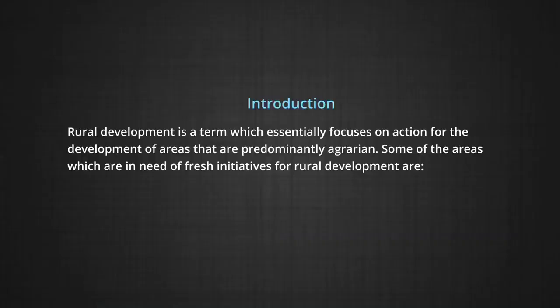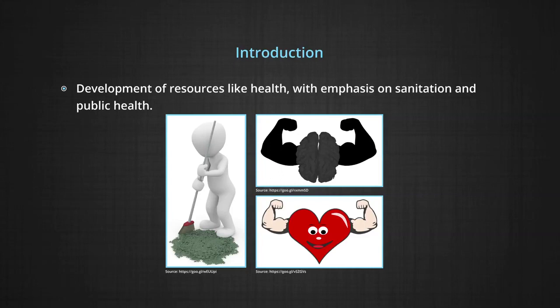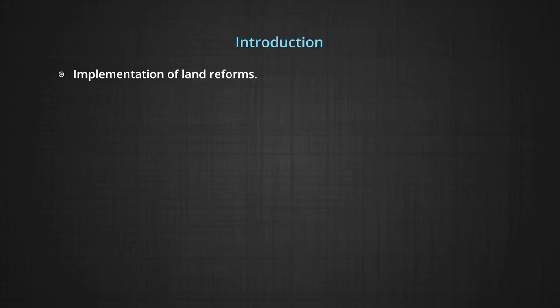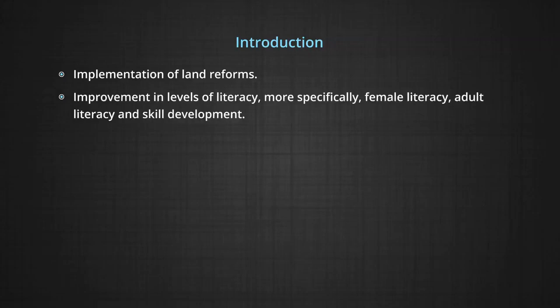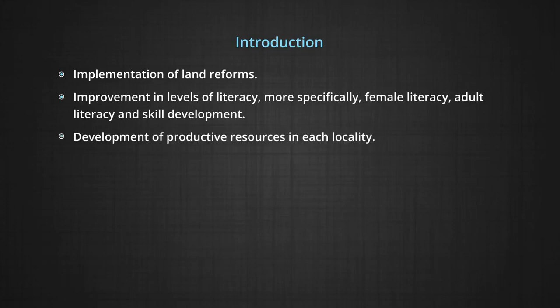Rural development is a term which essentially focuses on action for the development of areas that are predominantly agrarian. Some of the areas which are in need of fresh initiatives for rural development are: number 1, development of resources like health with emphasis on sanitation and public health; 2, implementation of land reforms; 3, improvement in the levels of literacy, more specifically female literacy, adult literacy and skill development; 4, development of productive resources in each locality;